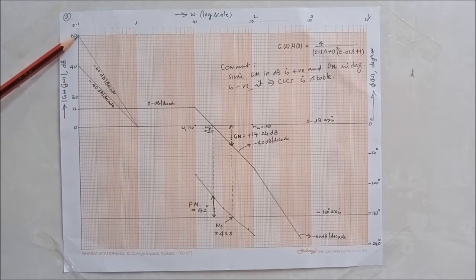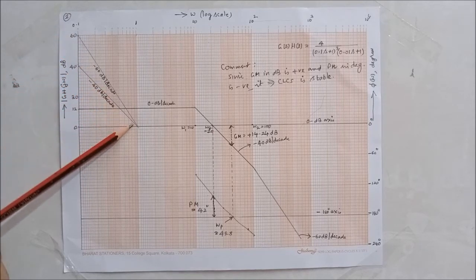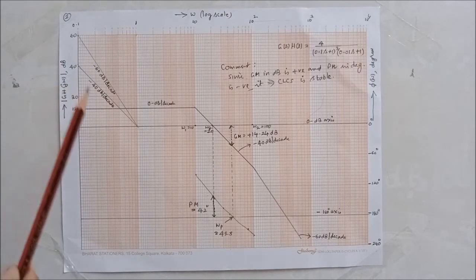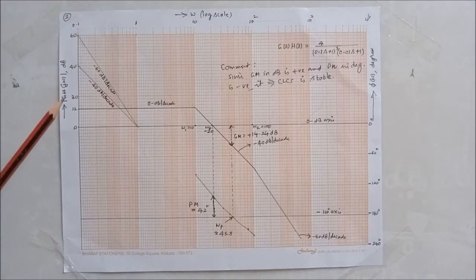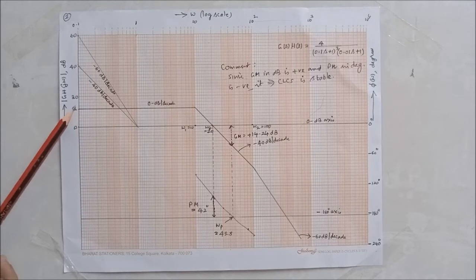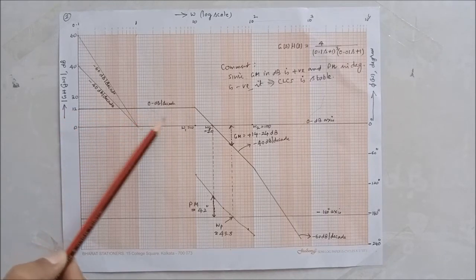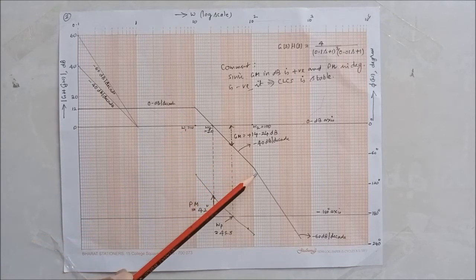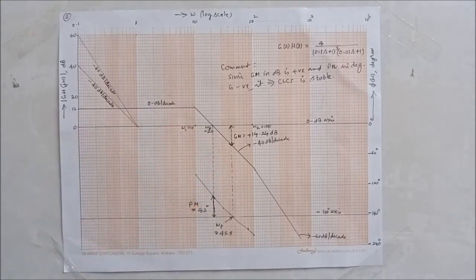If you join 60 dB and omega equal to 1, you get a reference line of slope equal to minus 60 decibels per decade. These are the only two reference slope lines you require. So if you look at the table, at omega equal to 0.1, the magnitude is 12 dB, slope is 0, this line will continue till omega 1 is equal to 10. Between omega 1 and omega 2, the slope is minus 40.